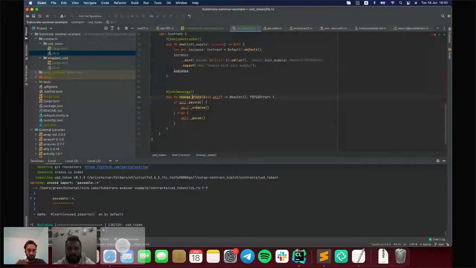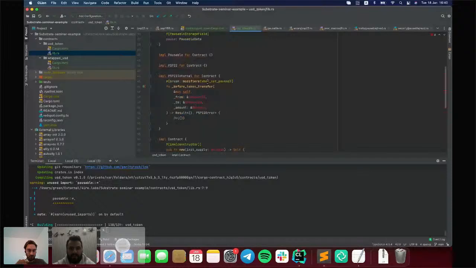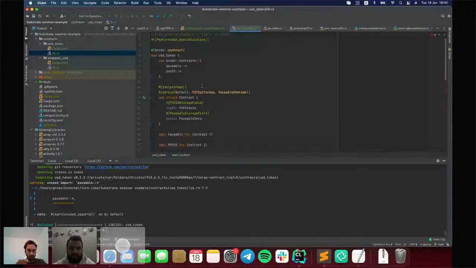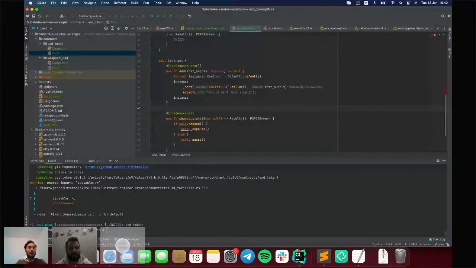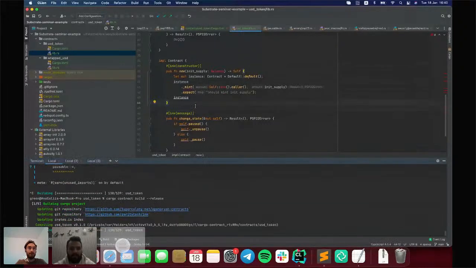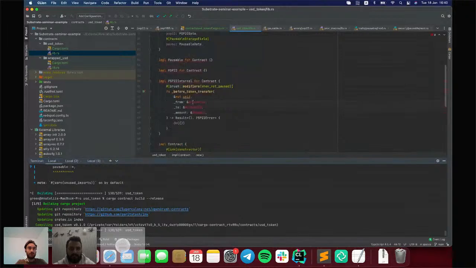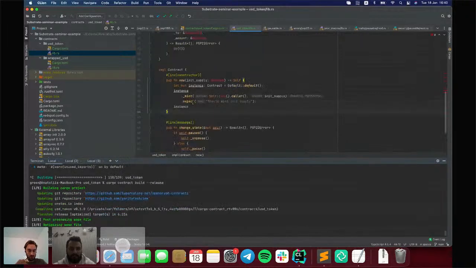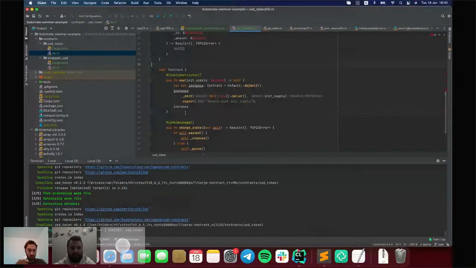Yep, it seems this is the full body of our USD contract for now. Let's try to build it. Yeah, it is built correctly.